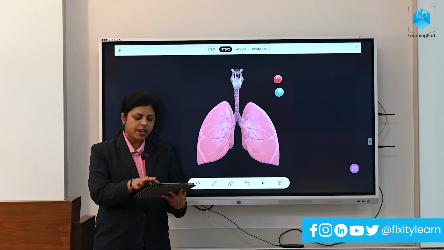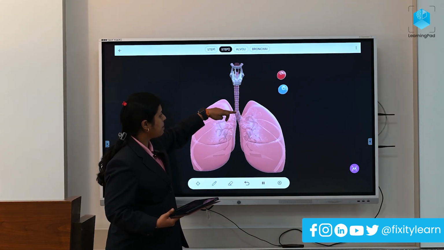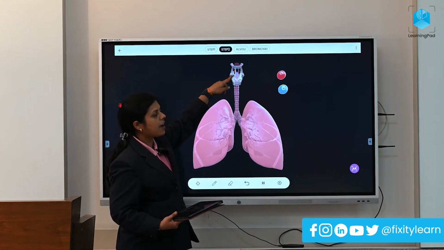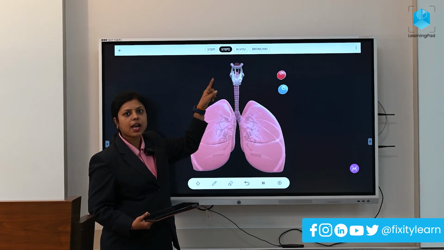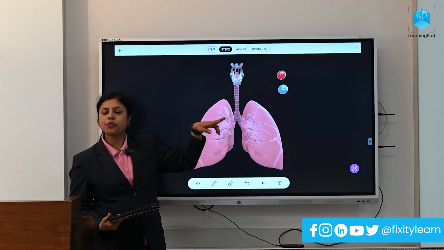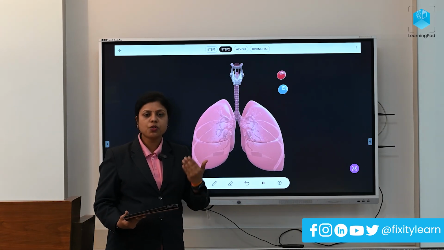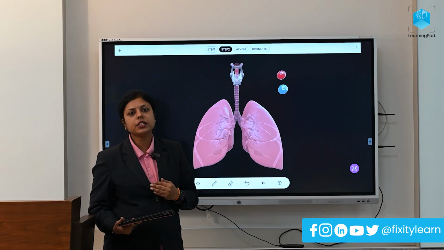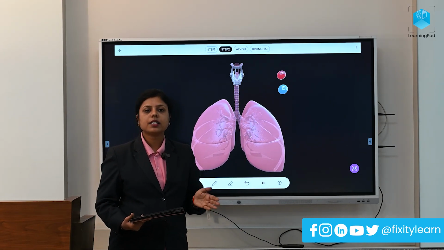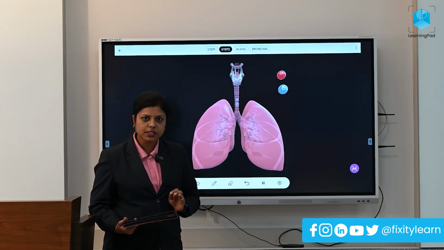When the air passes through your nose, it enters into the windpipe. This windpipe is known as the trachea. Before this, you have two major openings, that is the pharynx and the larynx. Now the pharynx is the common opening for your windpipe as well as your food pipe, right? So when we are breathing in, air goes into the windpipe, and when we are eating food, it goes into your food pipe. So how is it managed? That is because of a flap-like structure present at the opening of the larynx, which is known